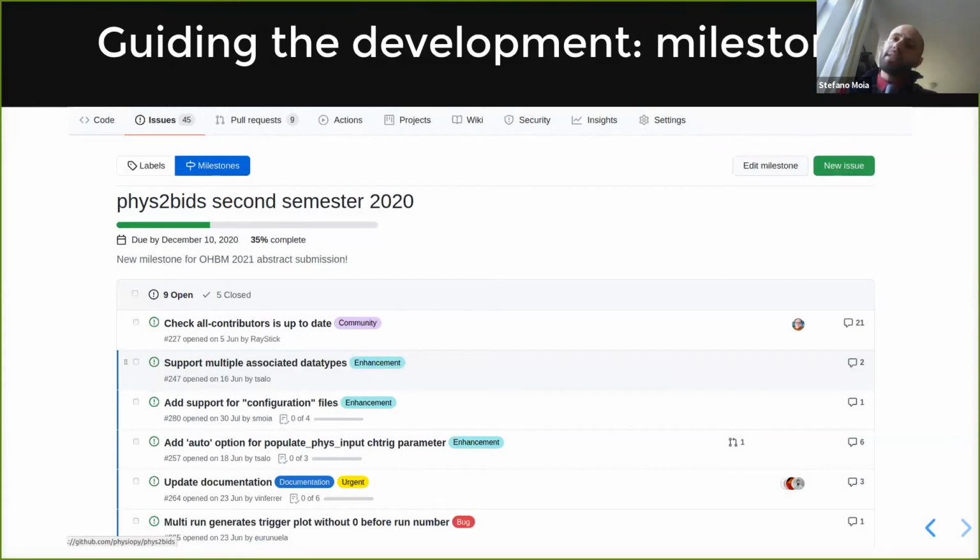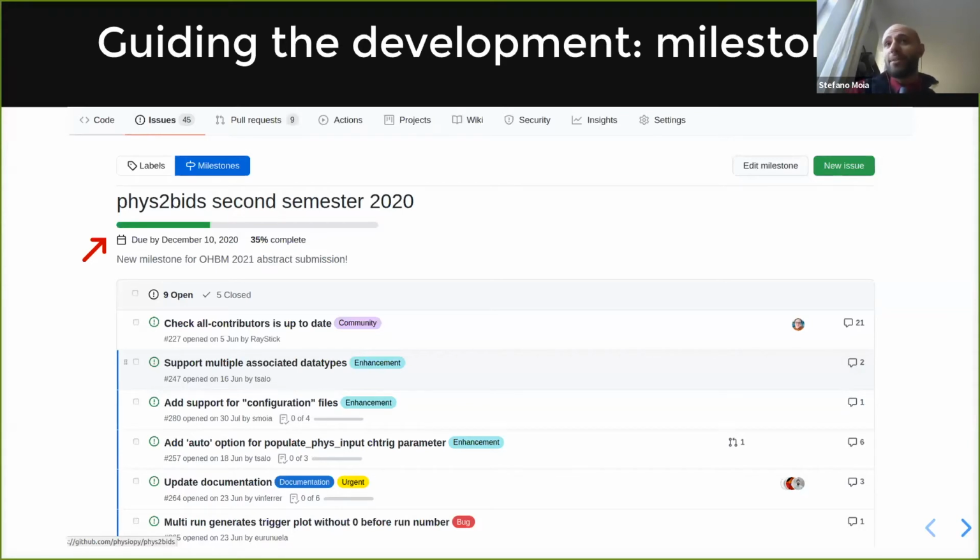And issues can be grouped into milestones. Milestones are basically a list of issues that have to be finished before a certain event happens. This event can be just a release of a new version, for instance, and it can be timeless, or it can be due by a certain date. In this case, December 10, which is incredibly close. So yay.